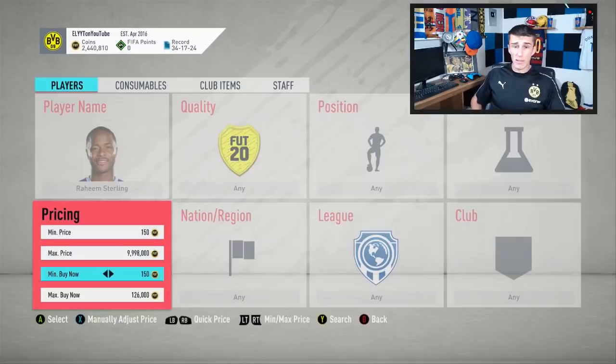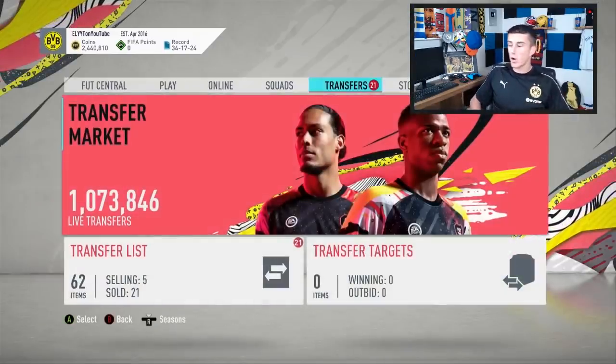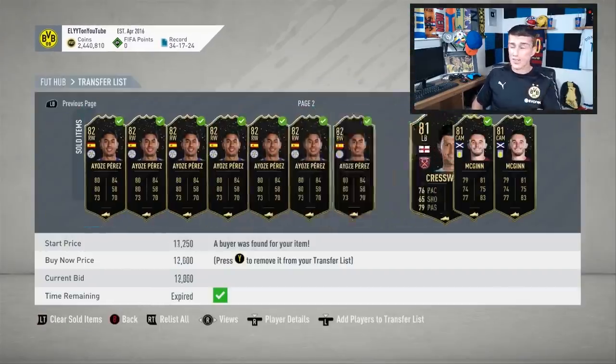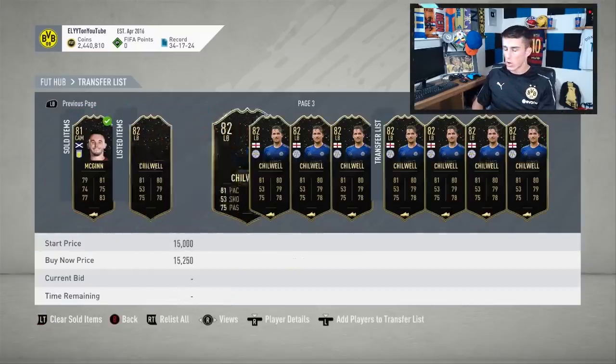I'm going to be liquidating my coins tonight because I've actually invested beforehand for the Jamie Vardy. I picked up a ton of Chilwells, Eliott Perez, and I'm actually selling them on during this episode. We picked those up in the last episode if you guys have been keeping up with our Trading to Glory series,